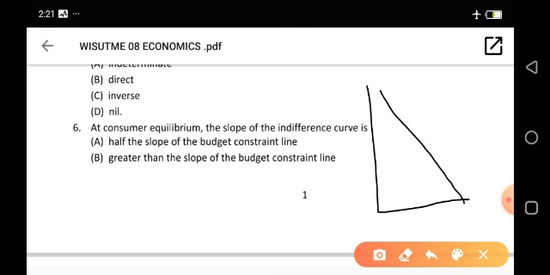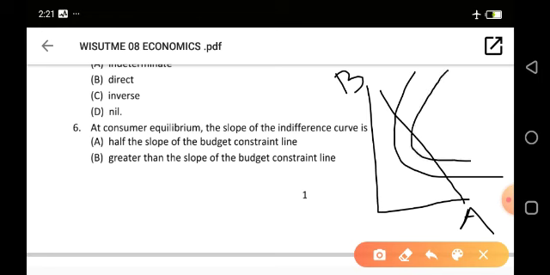Now, let's assume this is good B and then good A. So your indifference curve is something like that for the first bundle, then something like that for the second bundle. So we're talking about one that will touch the line, something like this. So that's what we're talking about there. It said